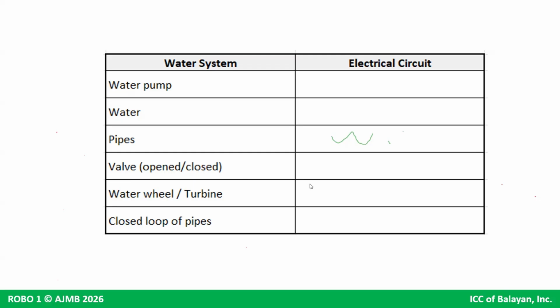The bulb is, yeah, switch. Bulb is switch, also resistor, because you get to control your flow. Water wheel, your electrical load, whatever your electrical load is, like light bulbs, and so on.